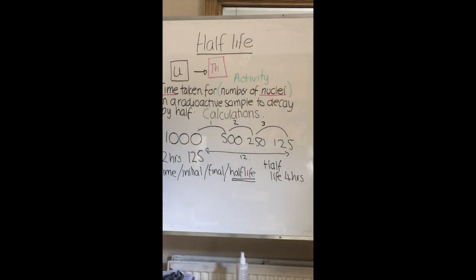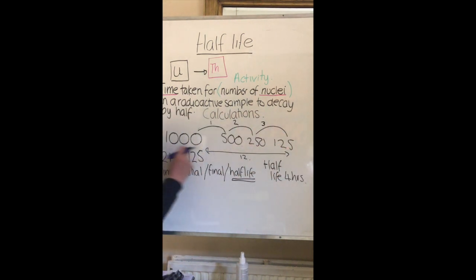Both of those methods, both of those sorts of questions, either ask you how many nuclei are left after a certain amount of time, or ask you what the half-life is, or they can ask you how long it took. If the half-life was 4 hours, how long did it take to get to 125? Then you would do 1, 2, 3, and you do 3 times that half-life. So what are the number of nuclei at the end? How long did it take to get to a certain number of nuclei, and calculating the half-life can all be